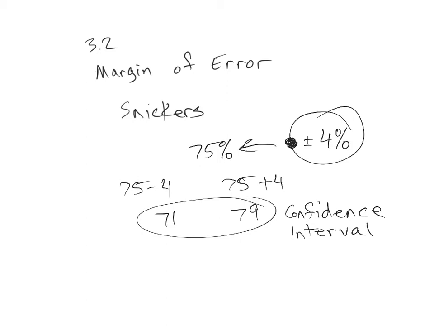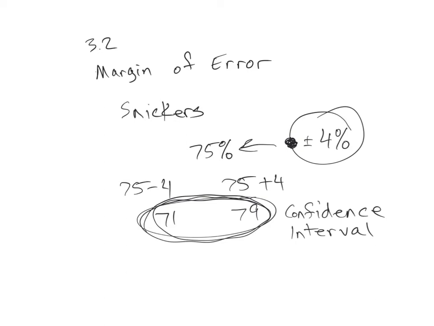Okay, now margin of error accounts for the sampling variability, meaning obviously this is not fixed. 71 to 79 is not a fixed amount. That's what we call sampling variability. That doesn't cover any mistakes that are in collecting the data. So if you have larger samples, then you have a smaller margin of error. If you have 1,000 people and you only randomly sample 5 people, then you have a very large margin